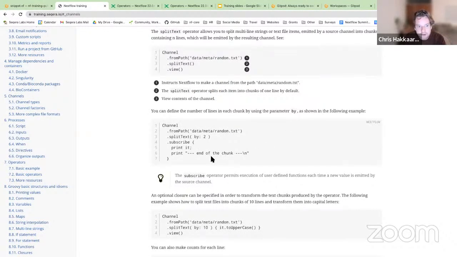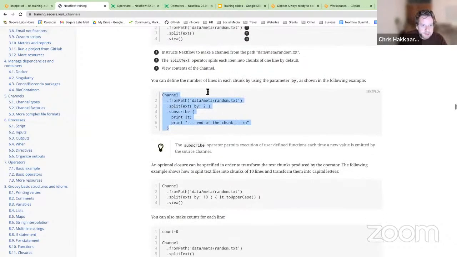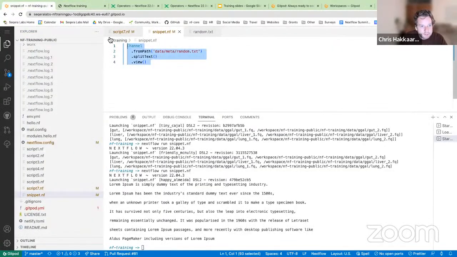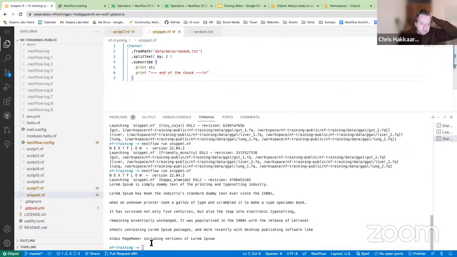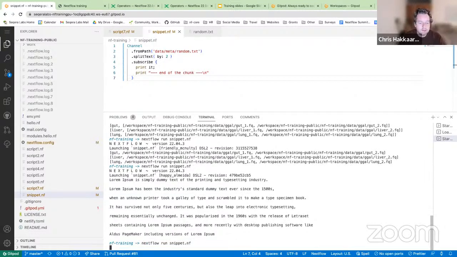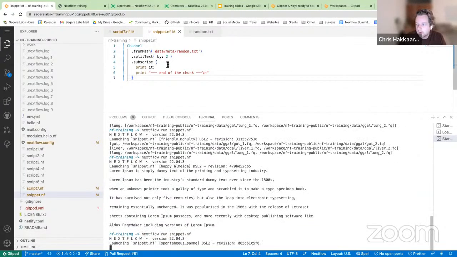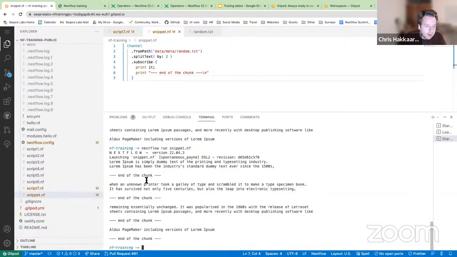But of course, you might have a slightly more complicated sample sheet. There might be something a little bit out of the ordinary. So much like with the other channel factories we've talked about, you can chain different operators together and use different options to manipulate how all of that information is coming together. So again, we're just going to run this quickly. And here it's split it out every line, and we've used the